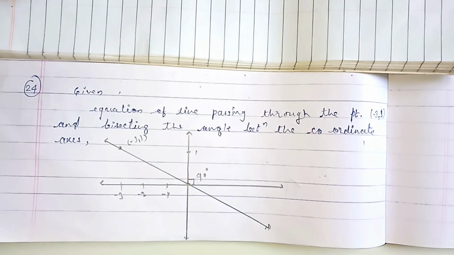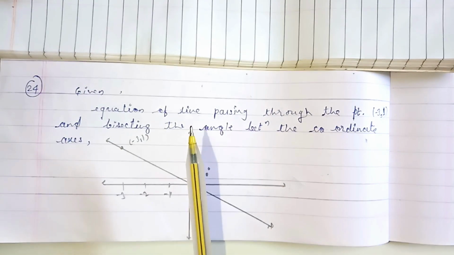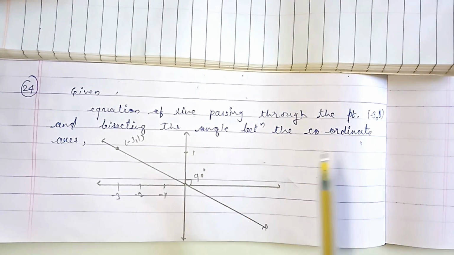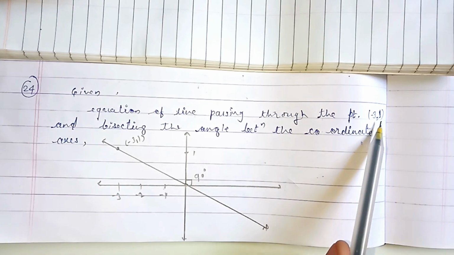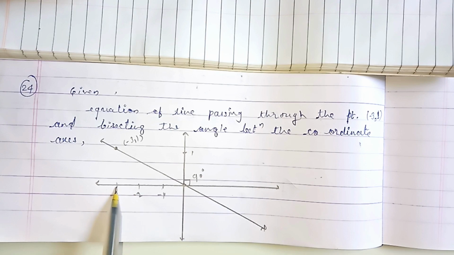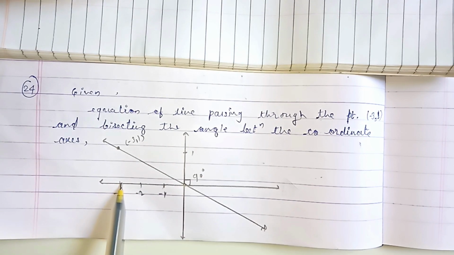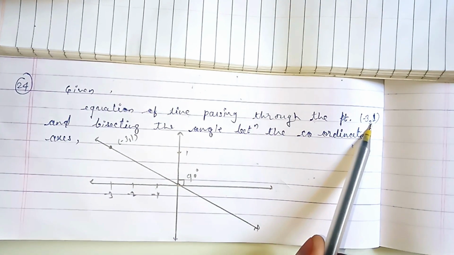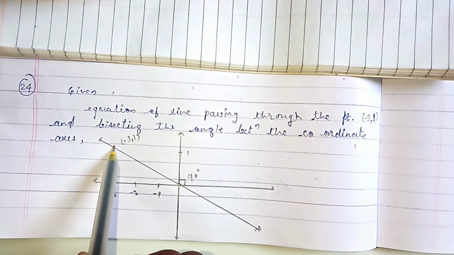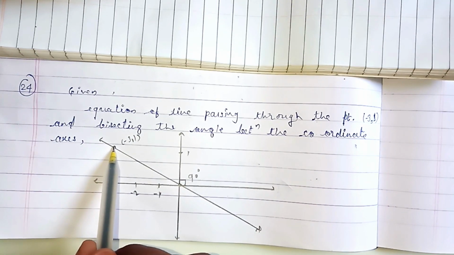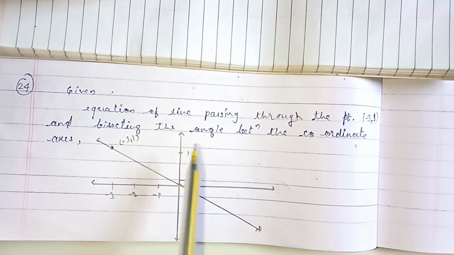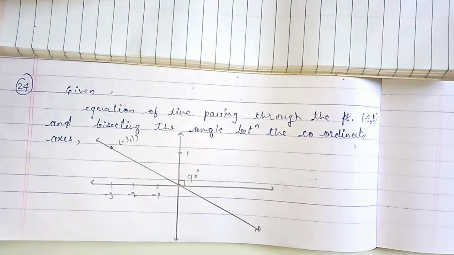This is the solution part of my question. In our question we have the equation of a line passing through the point (-3, 1). We know that on the x-axis the x value is given as negative 3, so the point lies here. And y is given as 1, so y is 1 here, and their intersection point is (-3, 1). So I got the first condition in our xy axes, negative 3, 1, here. Now the second condition: the line which passes through that point.